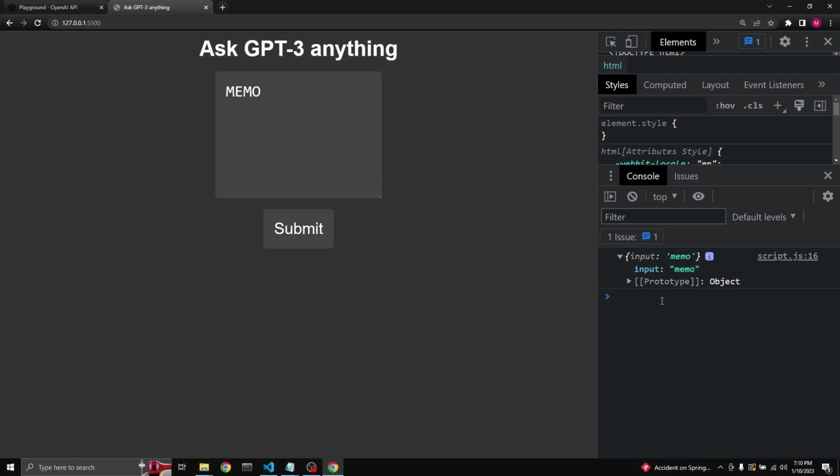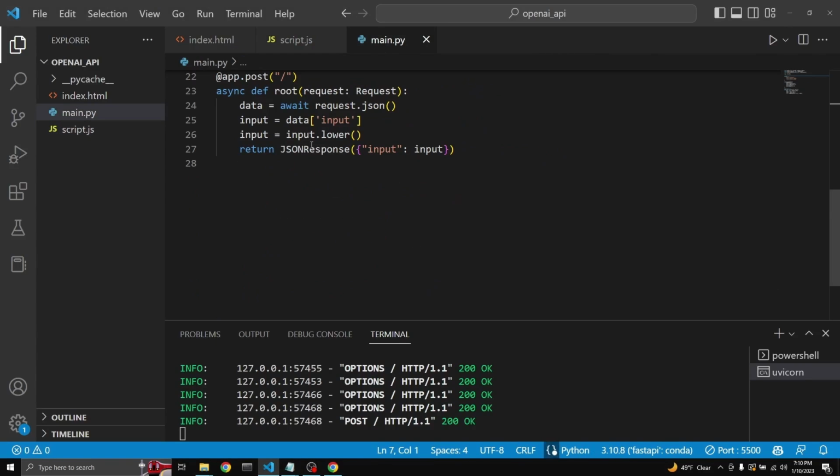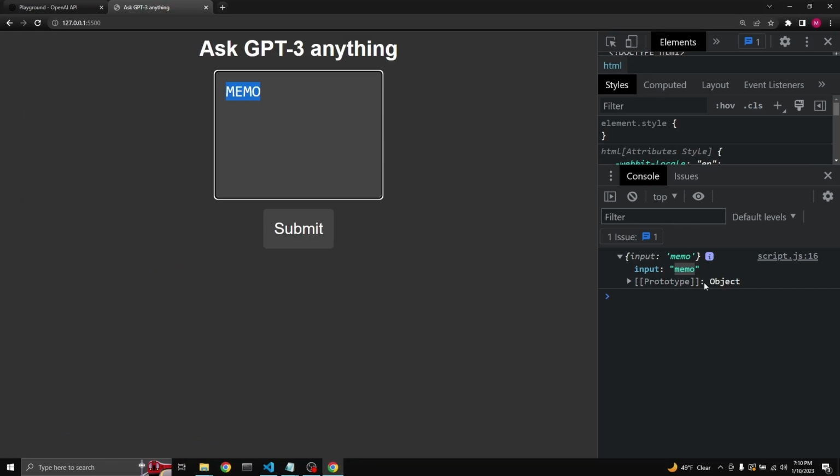But we need to actually input. So it had gotten uppercase, and Python had converted it into lowercase right here, as you can see. And then return this input response. This is coming back to the browser as memo. Now all we need to do is, instead of console logging it, we need to print it right underneath the